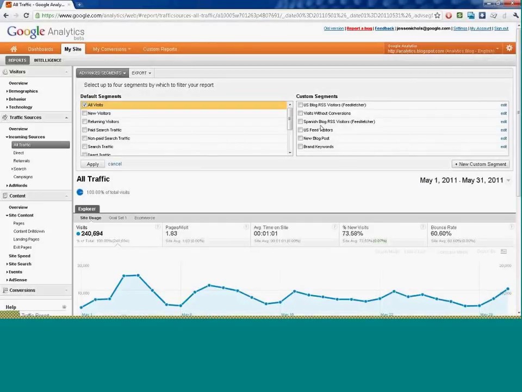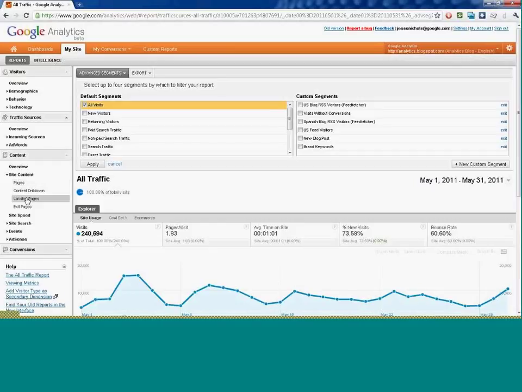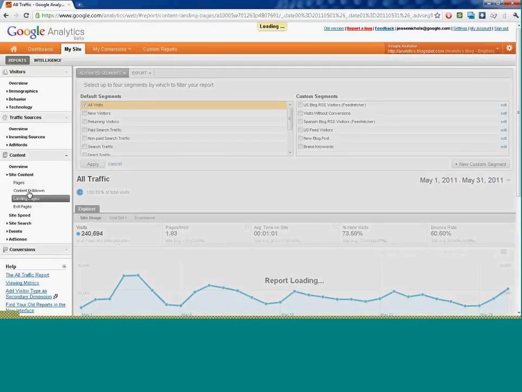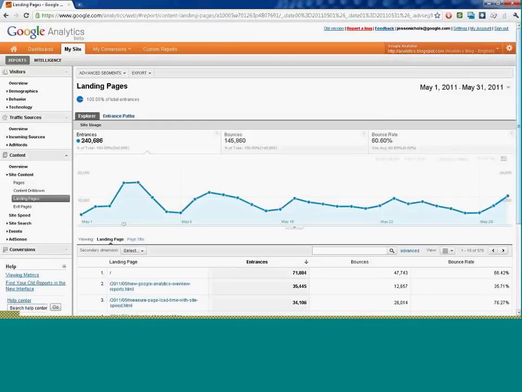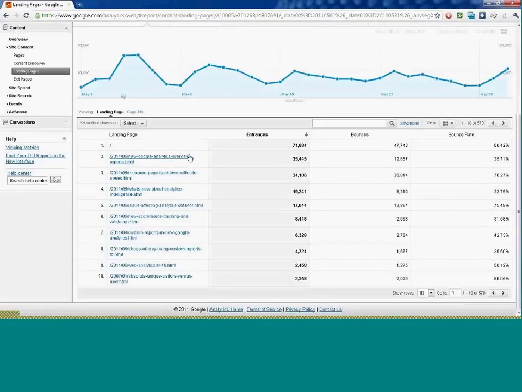Custom segment, right? You click on the custom segment, you pick what you want to analyze by, and then you create the rule that meets it. These can get increasingly complex, but start light, right? What I first suggest doing is finding a report that includes a segment that you want to know more about, right? So we have the landing page that we thought was interesting, the new Google Analytics overview, and what I'll do is just copy that,